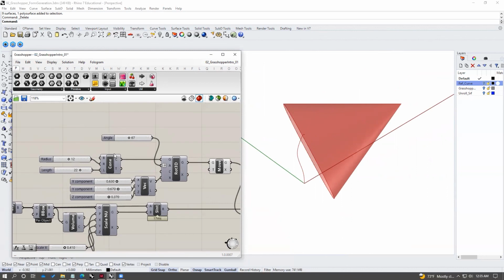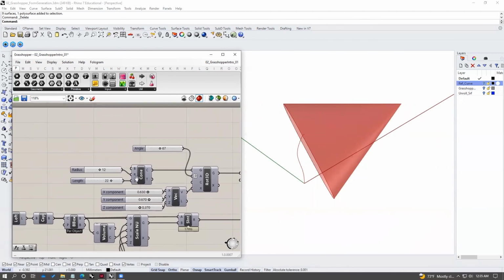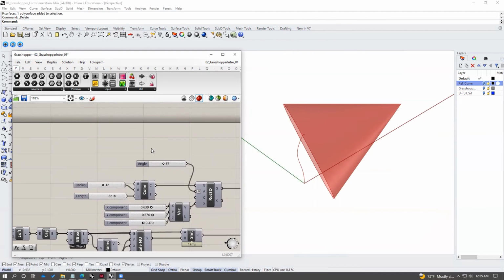So we know in a cone, we have the tip of the cone, and then we have the length of the cone. So if we divide the length by 2 and then subtract it from the tip of the cone, we should be able to get the midpoint of the cone. This is not the volume centroid, but it is the midpoint of the length of the cone. So we're going to take this tip output and we are going to